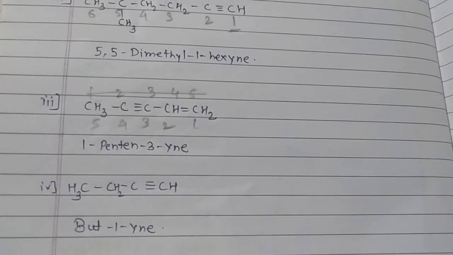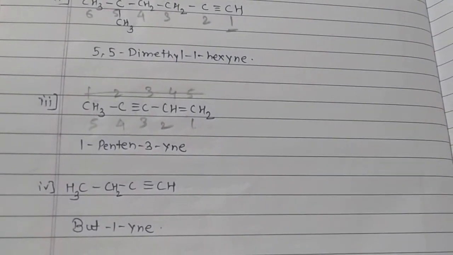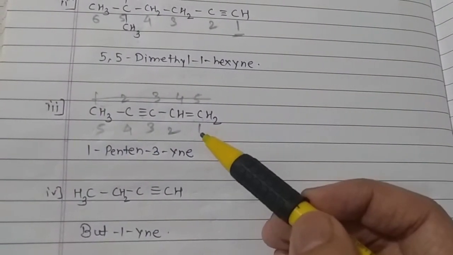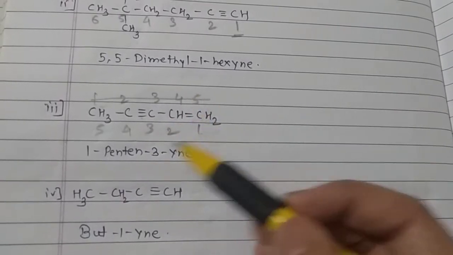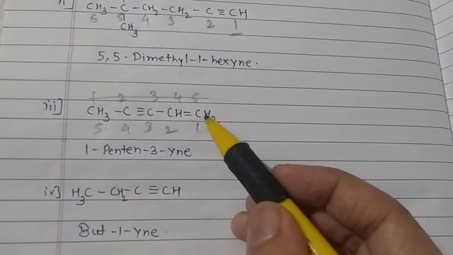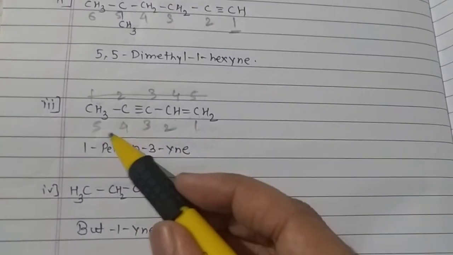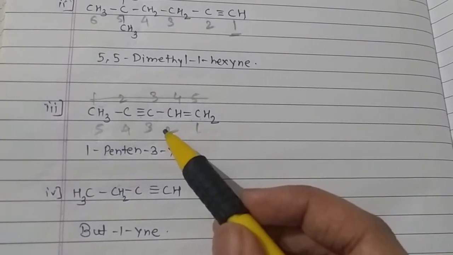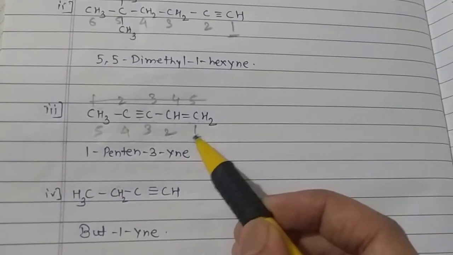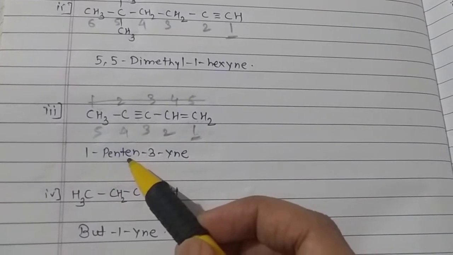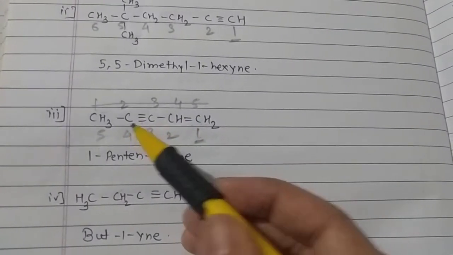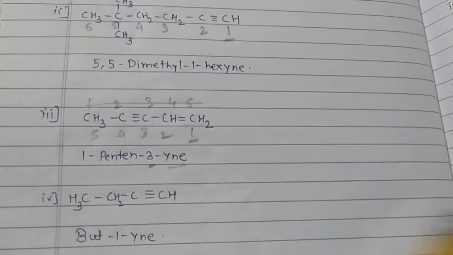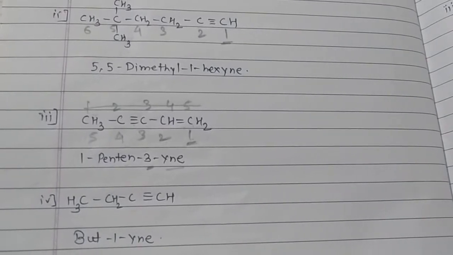So there is one table of functional group priority. According to that, numbering should be done from the alkene part if there are alkene and alkyne in the same compound. So numbering is done in this fashion: 1 2 3 4 5. So 5 carbons is pentane, so alkene is in first and second carbon, so less number is taken, 1 pentene. And alkyne is in between third and fourth carbon, so it will be 3 yne. So 1 pent-3-yne... so pent 1 ene 3 yne will be the name.